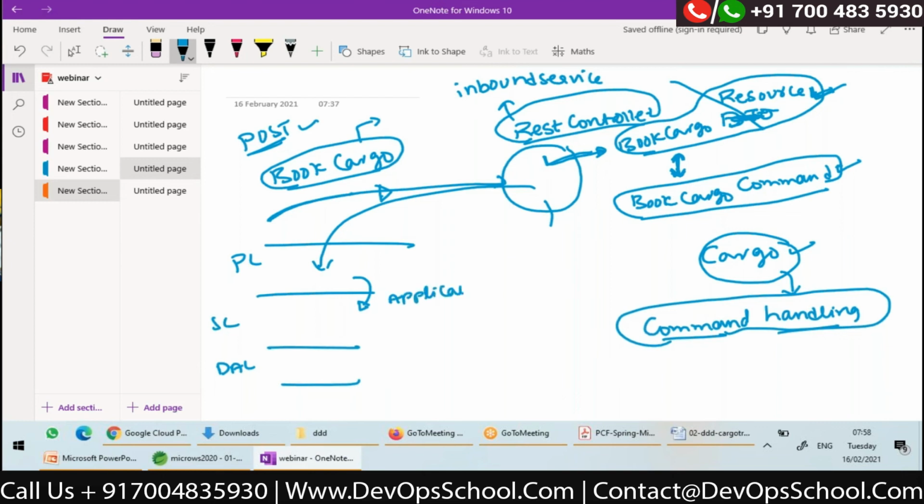We call this service an application service. What this application service will do, it will take a command object from the presentation layer, that means the REST controller, and its responsibility is to apply that command to the aggregate.